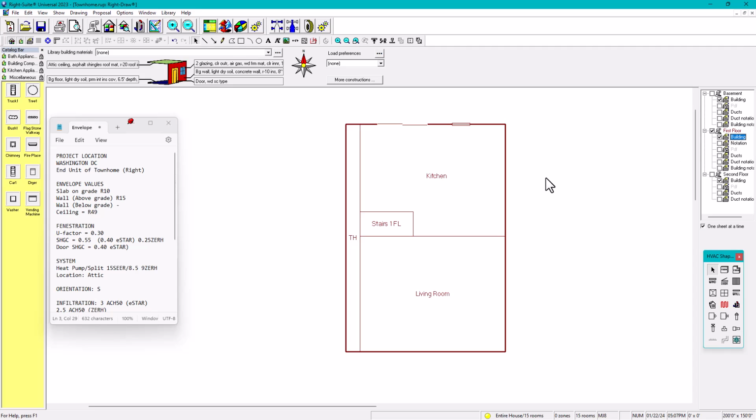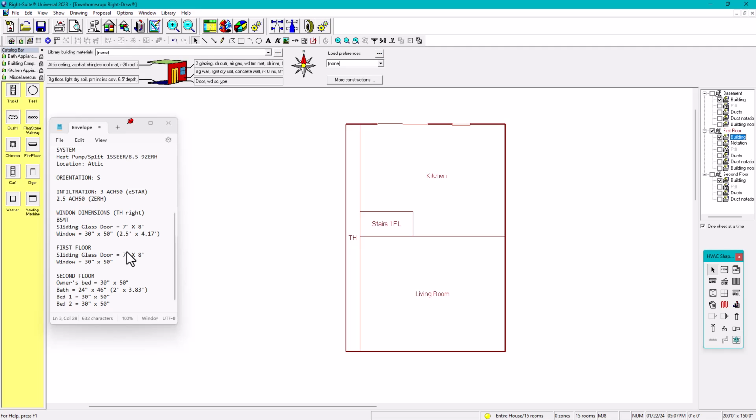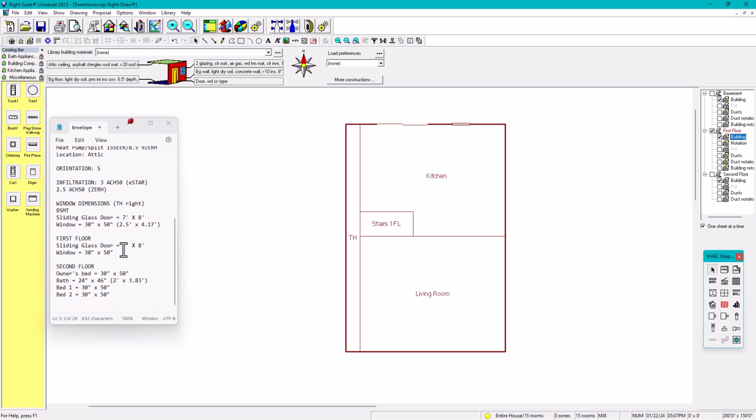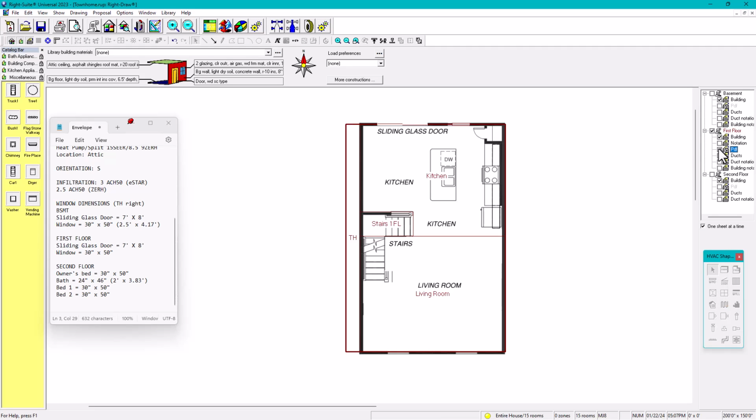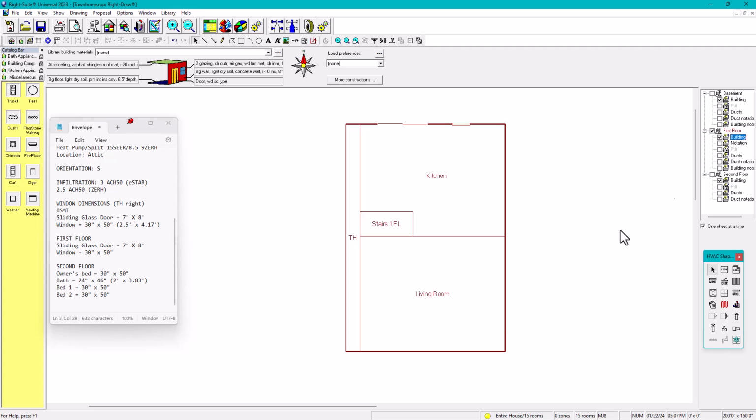There we go. Now it's looking good. But for the first floor we have the first floor sliding glass door, 7x8, and then 350. Same thing. All right. And now finally what we're gonna do in here is actually for the